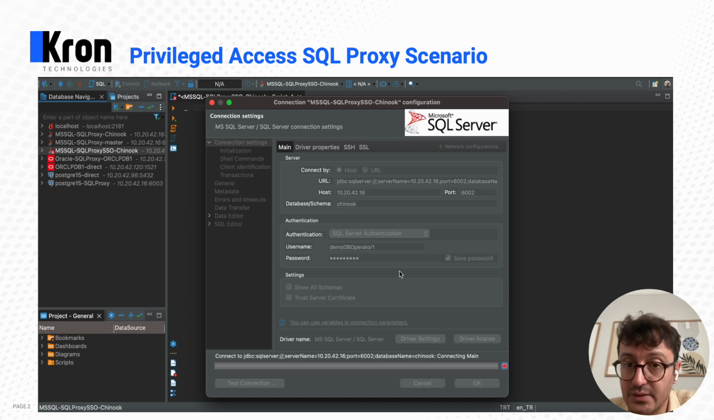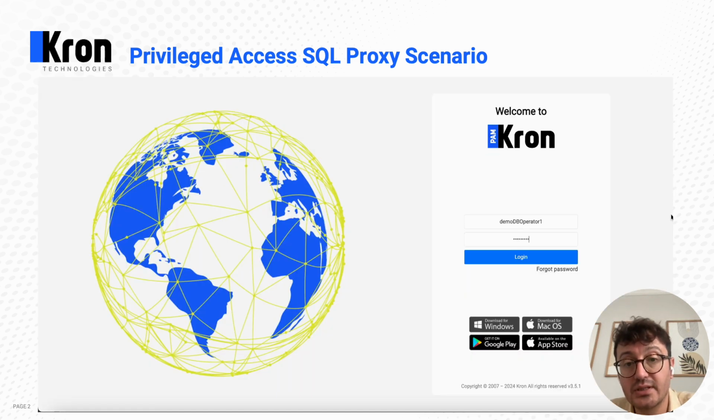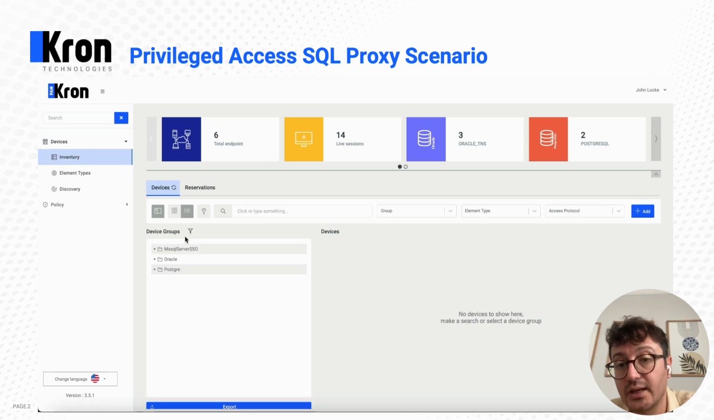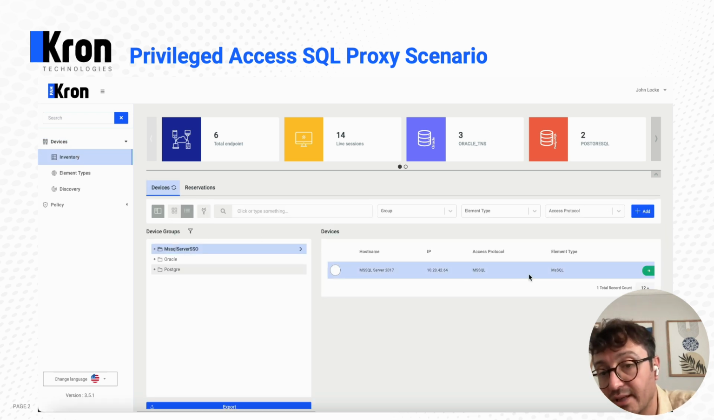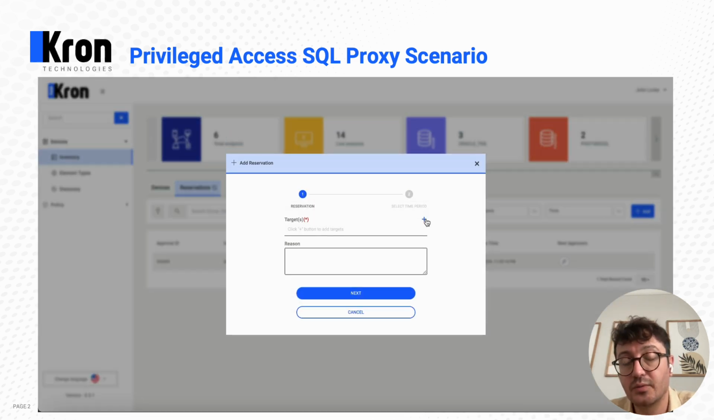We couldn't connect because, as I said, I blocked the direct access since I enabled the connection approval workflow here, and that's why the DB operator user needs to connect to his own portal to reserve that session. He just needs to go to the reservation tab and add a session reservation here. You can select which target device you'll be connecting to and which credential will be used for that session. And you can give the reason, which is a must